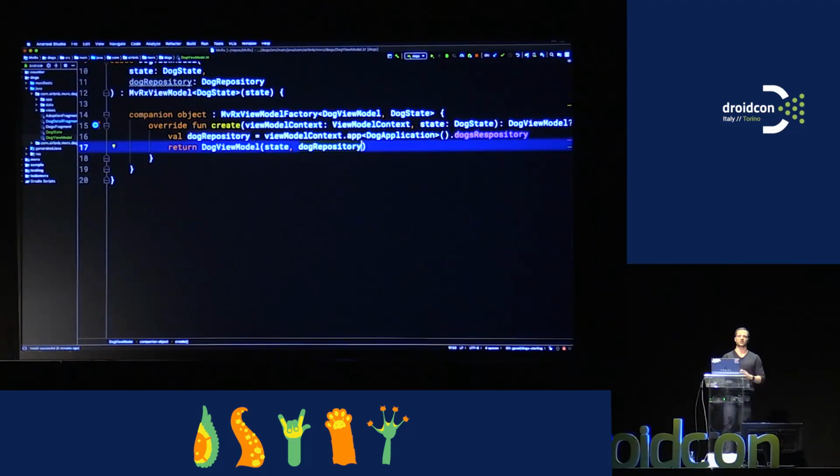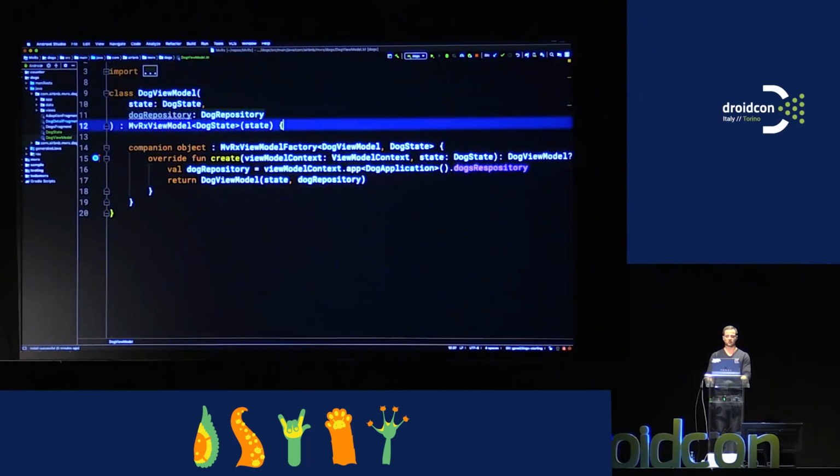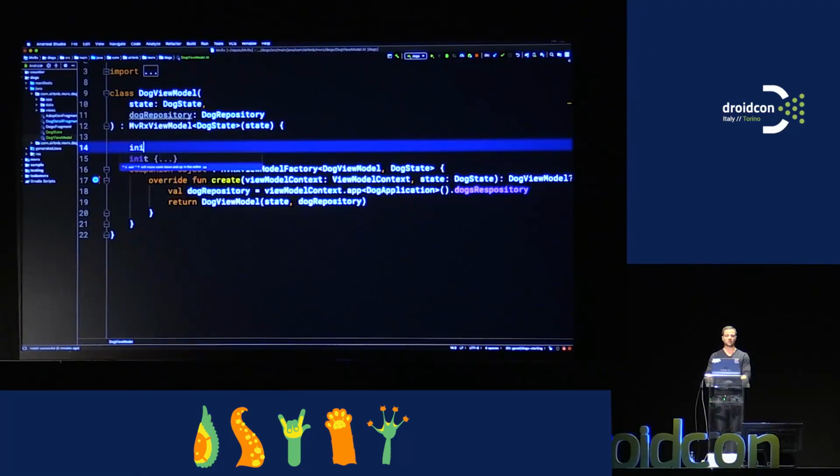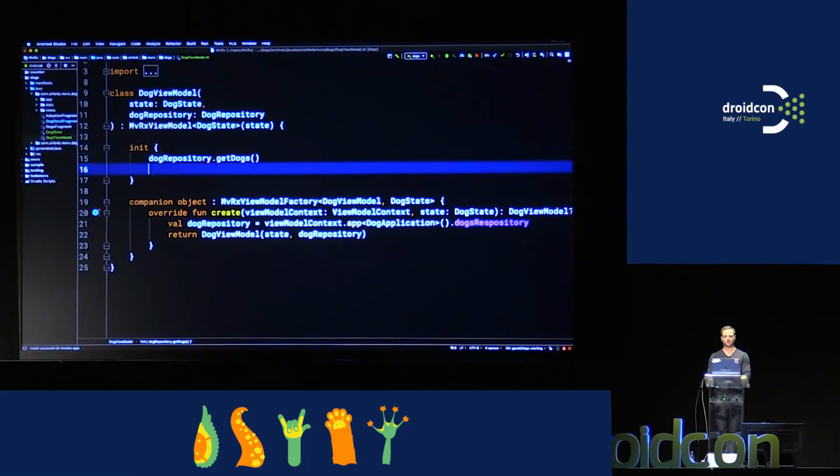Again, you don't want to mess with that initial state because it handles things like persist state, like we saw before. And so you don't want to get in the way of that. OK, great. So now we have our dog repository injected into our view model. So in our init block, let's just subscribe to those dogs. So we'll say dog repository dot get dogs. And now we want to subscribe on